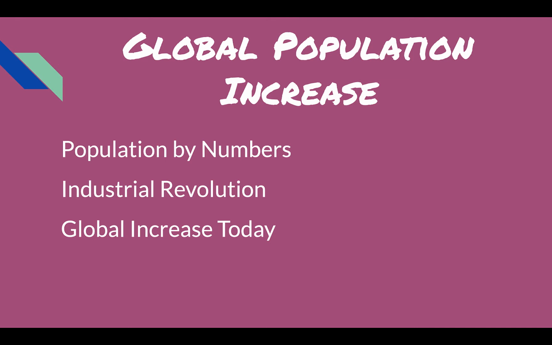But obviously it gets more complicated because there are many areas around the globe that just aren't as developed, and for them to develop, they're going to use those industries so that people can have access to a lot of the resources that are taken for granted in industrialized nations. So anyway, the Industrial Revolution really is a tipping point towards a whole bunch of people on the planet. When we look at global increases today, most of the 83 million people being added to the world every year live in poor countries.